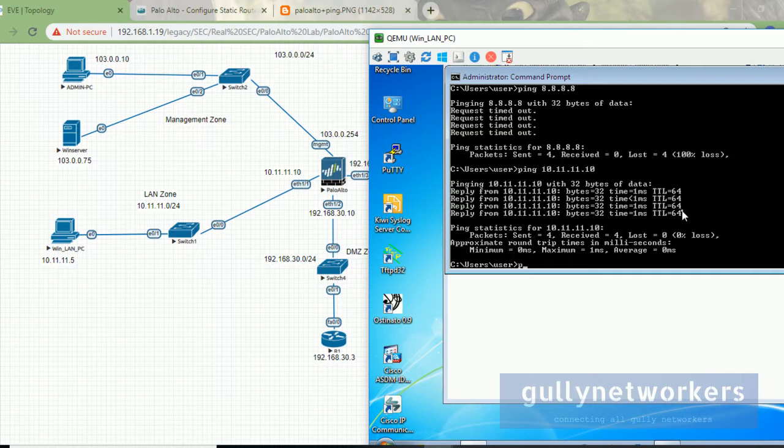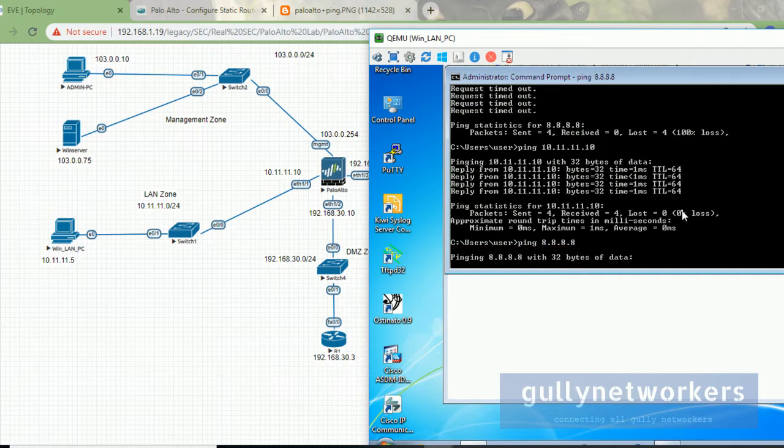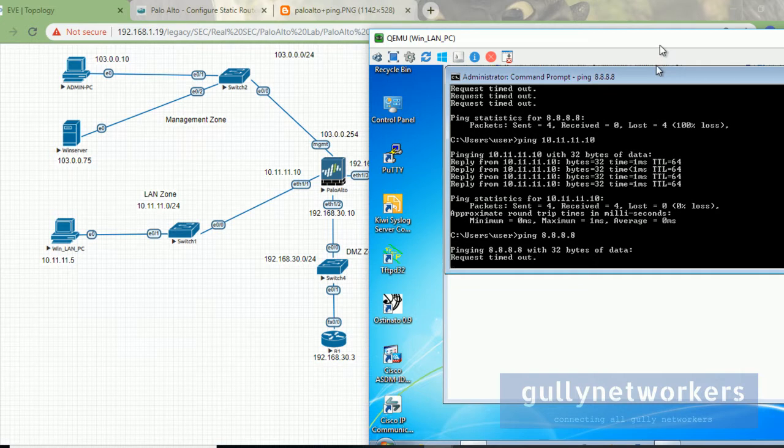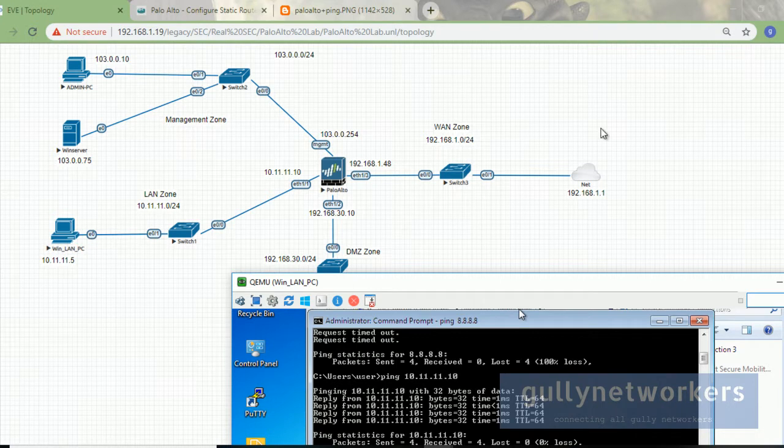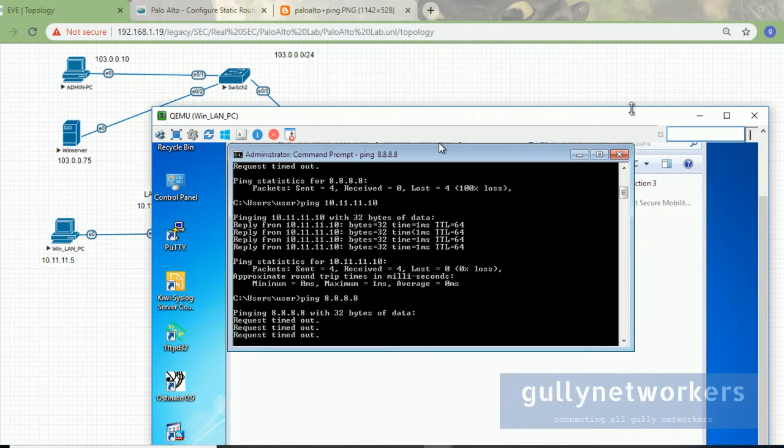Now let's ping the public server, 8.8.8.8. So we are not able to reach the public server because, one, we don't have any rule related to LAN to WAN, and second, we don't have a NAT. So let's go and create